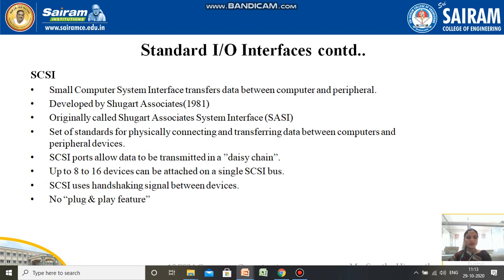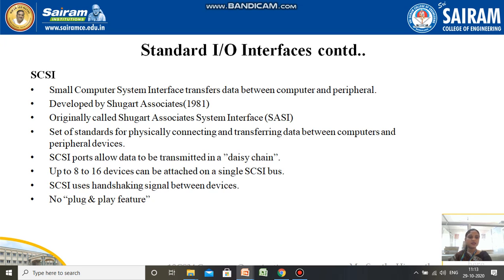It is a set of standards for physically connecting and transferring data between computers and peripheral devices. Here, since the plug and play feature has not been given by SCSI, whatever device wants a connection over this SCSI bus has to follow certain rules and regulations. That is, they have to install some software before being connected.